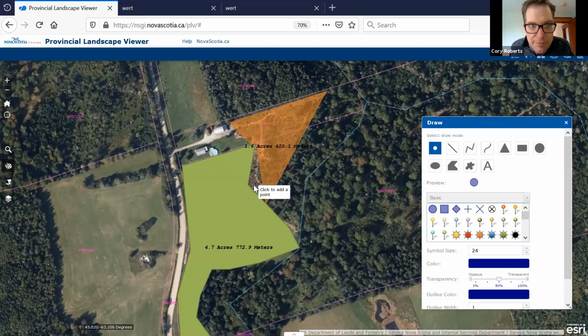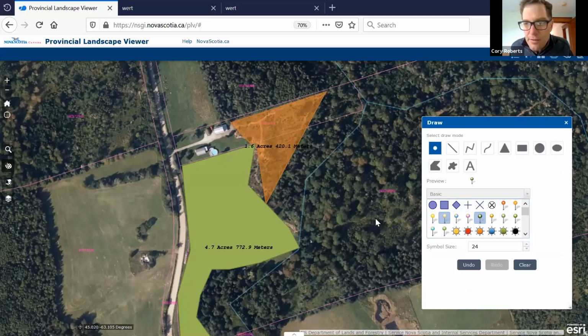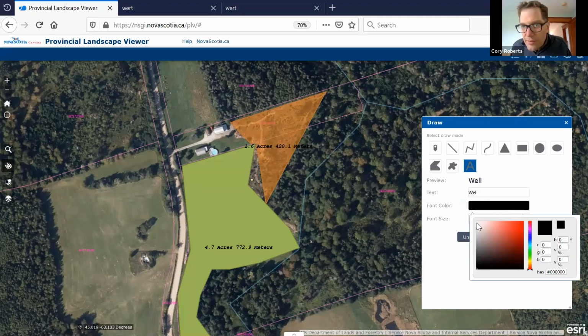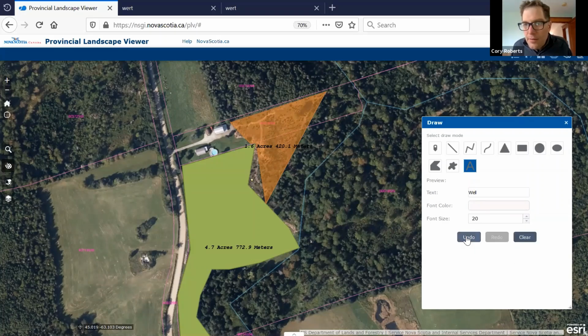But I will say this, let's say you wanted to do, I'm seeing a little feature right here, which I think might be a well. So I want to identify that on my map. So I'm going to select this fella right here, a point selection, and I'm going to pick a particular icon that I'm interested in using, and I can stick him on there, and then I might put a label on there as well, and the label is going to say well, and I want it to be white so it shows up on the background a little bit better. And there we go. We're going to say well,